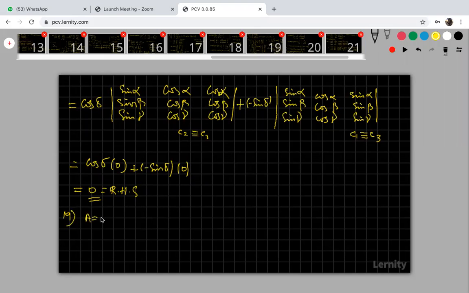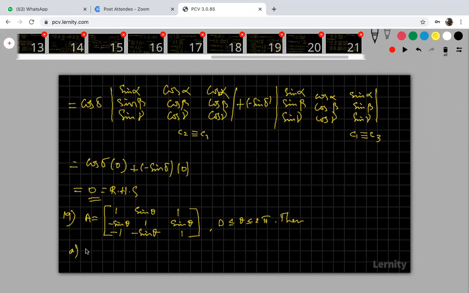A is equal to the matrix with rows: 1, sin theta, 1; minus sin theta, 1, sin theta; minus 1, minus sin theta, 1. Let A be this matrix, where 0 is less than or equal to theta, less than or equal to 2 pi. Then